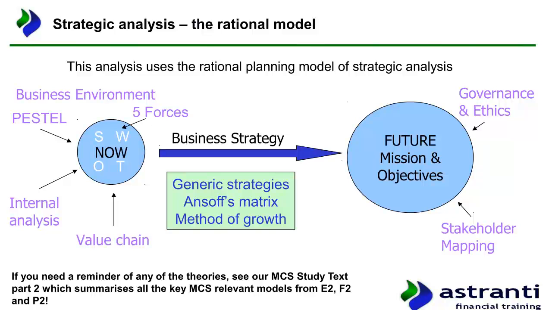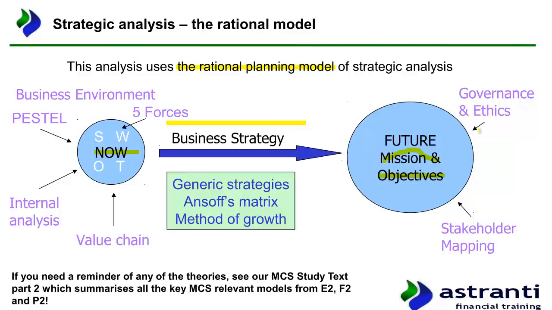Okay, we're into strategic analysis. What is it? We are going to use the rational planning model to dig into Menteen from a strategic point of view. So how does the rational model work? Well, we know what the rational planning model is. You start here in the future with the mission and the objectives that you aim to achieve. You then start to look at what you have now, and then you work out how to get there. Okay, that's what it is in a nutshell.